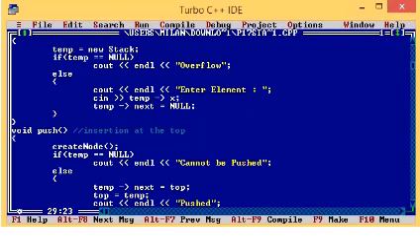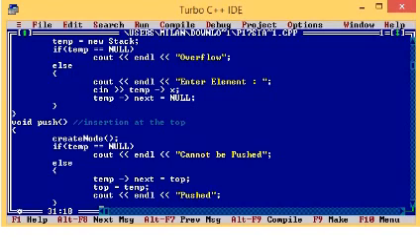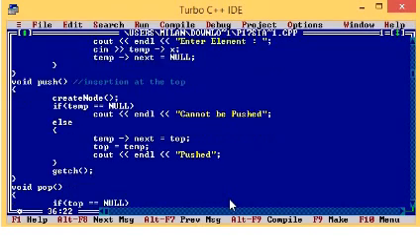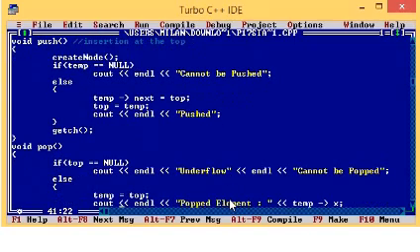What is the new node here? The name of the new node here is temp. So we will assign temp's value to top. And then we will display a message for our understandability and readability: element is pushed. Clear? This is the push operation. And how do we pop?